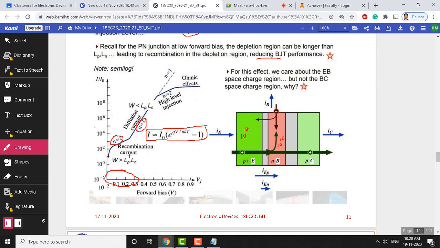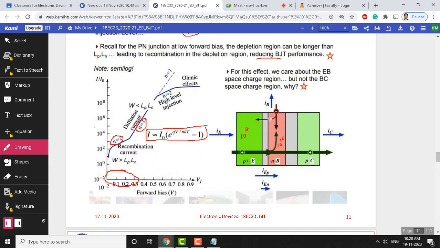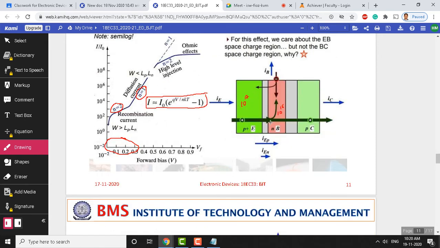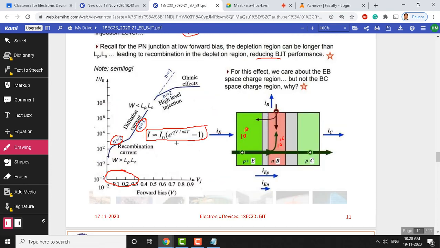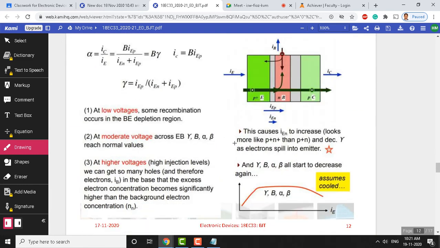Now there is a lot of electron flow from the base to the emitter compared with the hole movement from the emitter to the base. This is not a good sign for the BJT. So, a small voltage leads to a large base current. That is the implication of this discussion: small voltage will lead to a larger base current. Now, let us see this with reference to the forward voltage.